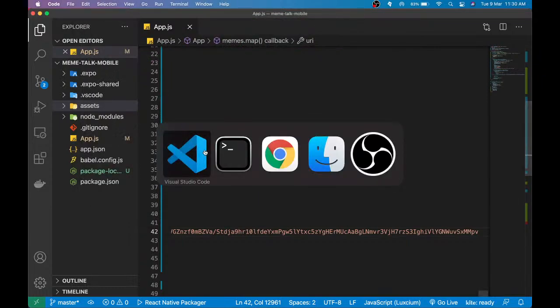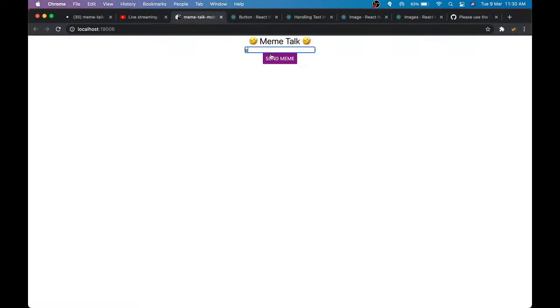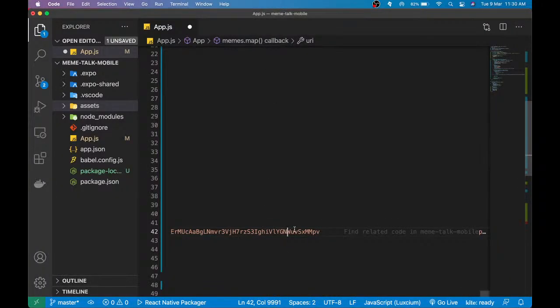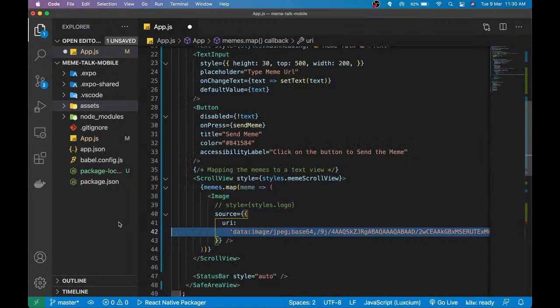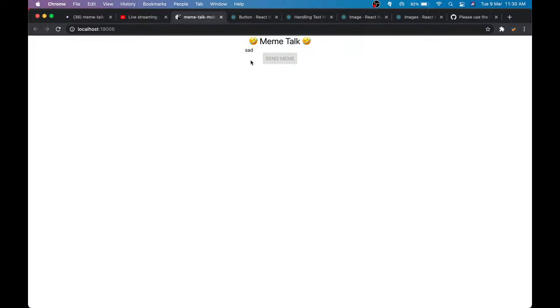Now you can see React Native is kind of slow, as you can see. It is pretty slow. Okay, that's bad. Why isn't it showing me the image? Okay, and I just got my error. There we go. Reload the page, and okay,